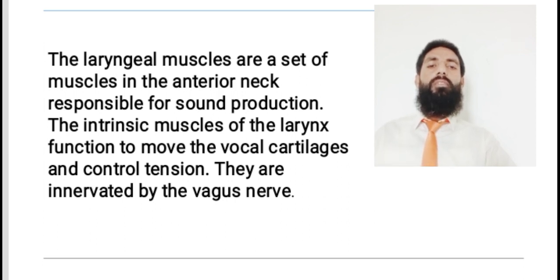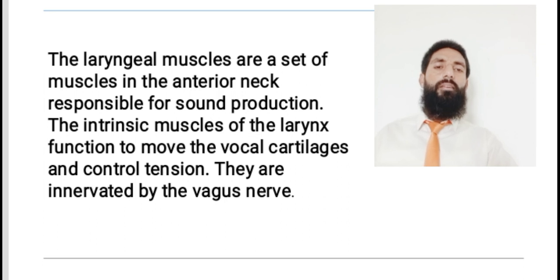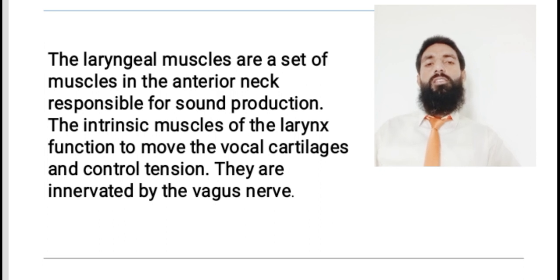So this is the vagus nerve, and all systems of the human body are connected and well coordinated, and all this happens under the control and instructions of your brain. There are nerves which connect your body parts directly to the brain. There is also a central nervous system, and a peripheral nervous system. So these nerves play the role of connection and coordination between your brain and body parts.